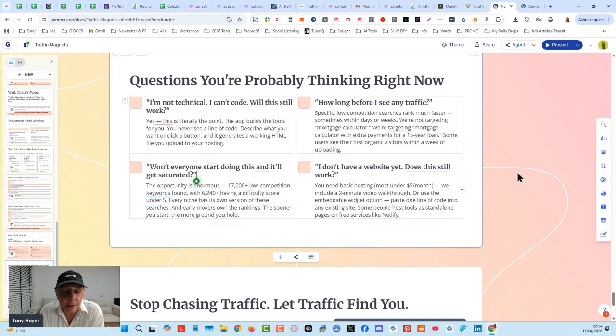Do you think you could find some calculator keywords that you can get traffic from? Absolutely. It doesn't matter whether other people are doing it or not. There are so many different topics, so many different niches, that you can do this really easily.